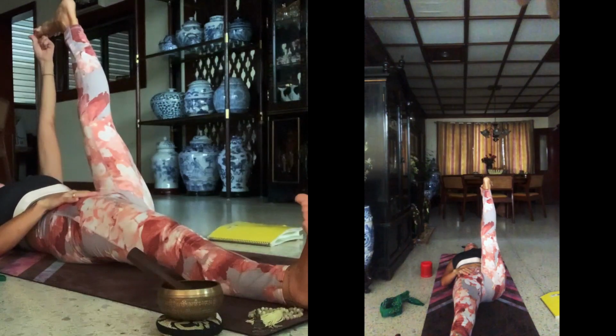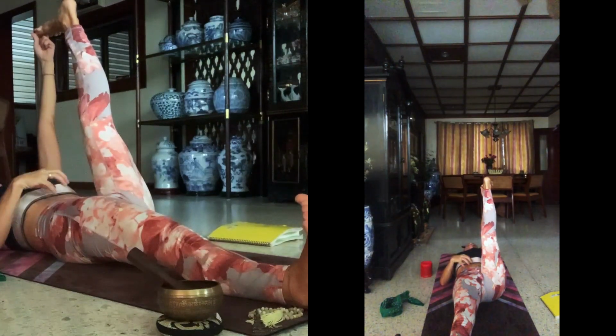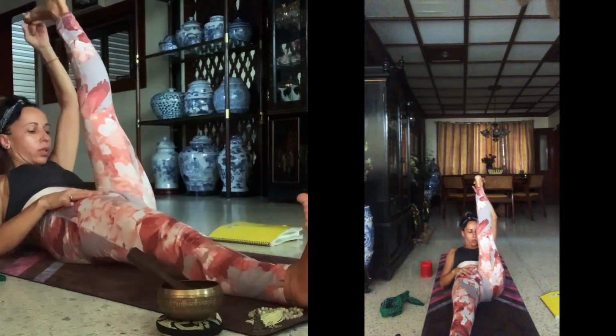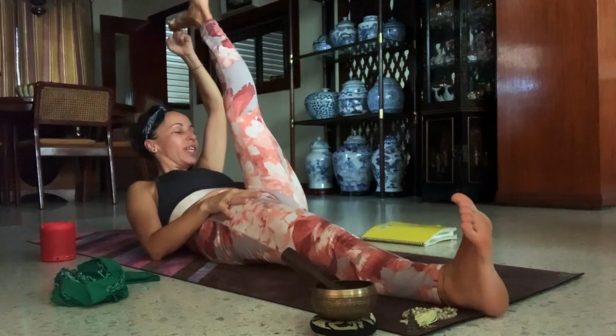2 and 1. Stay here. Take a long inhalation. When you exhale, you will engage abdominal. Lift the head up. Inhale. Exhale. Come on up. Forehead to knee. Shoulders relaxed. Upper back is relaxed. Breathe. 5, 4, 3,